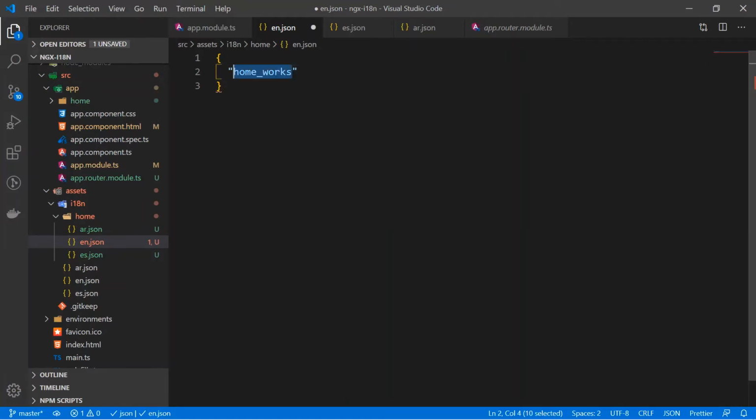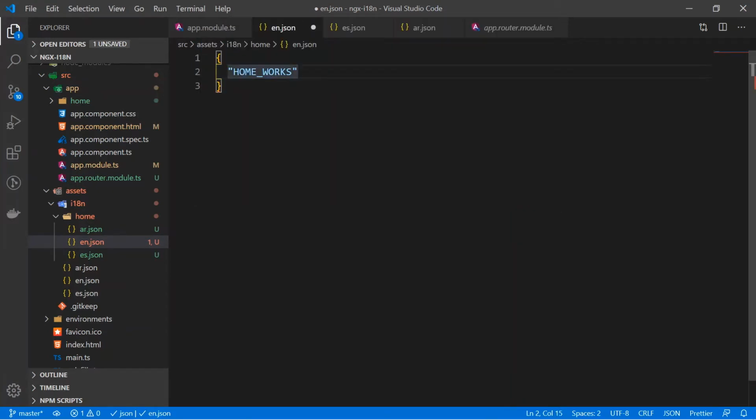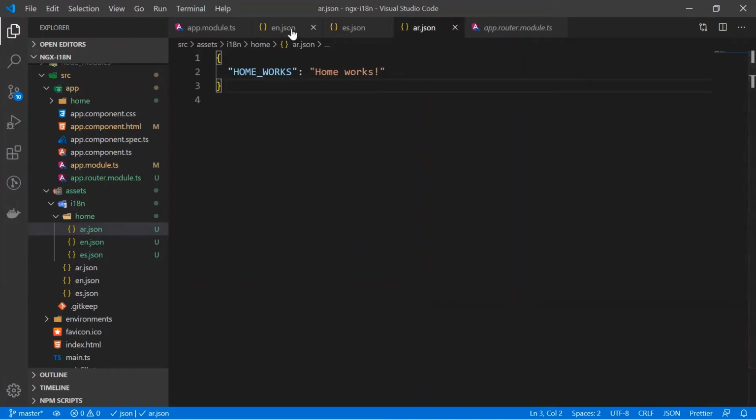I'll make it upper case. Okay, so I'll copy it, paste here and here. We'll save it.